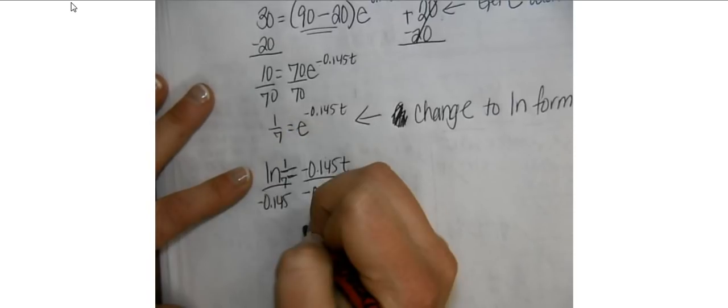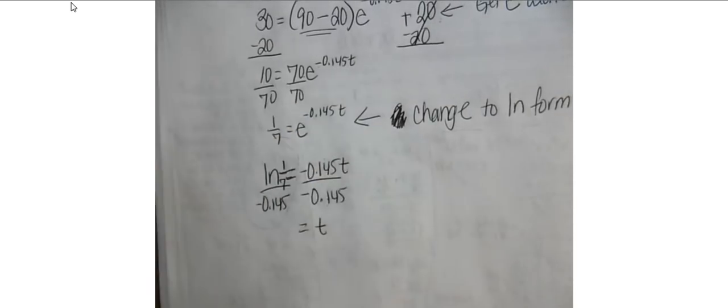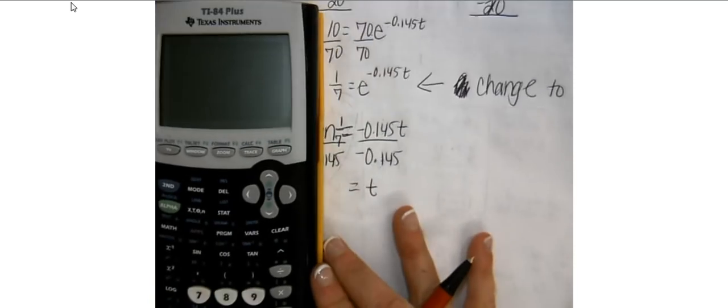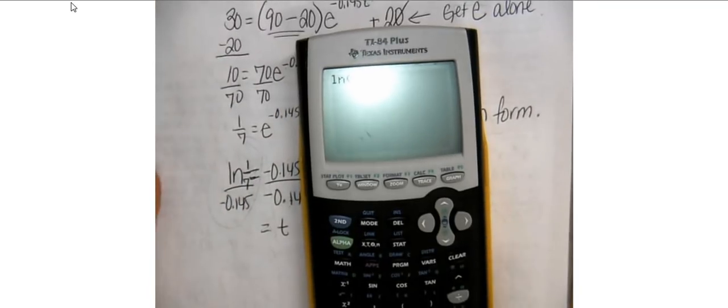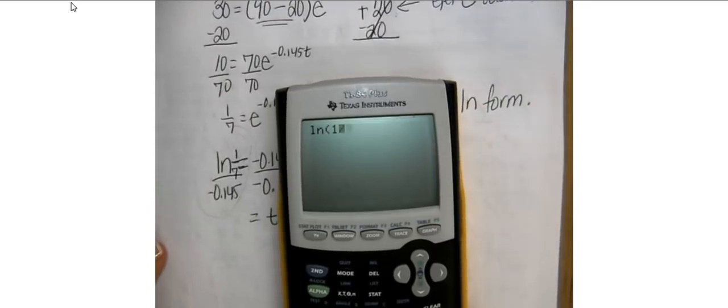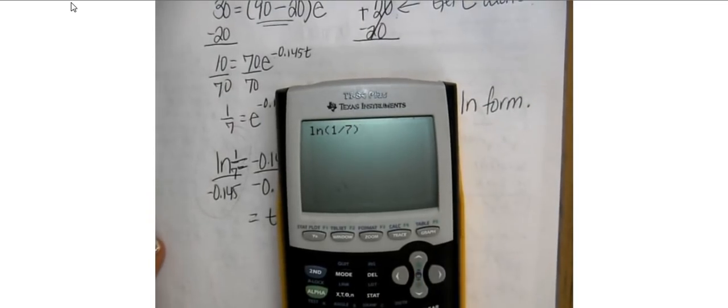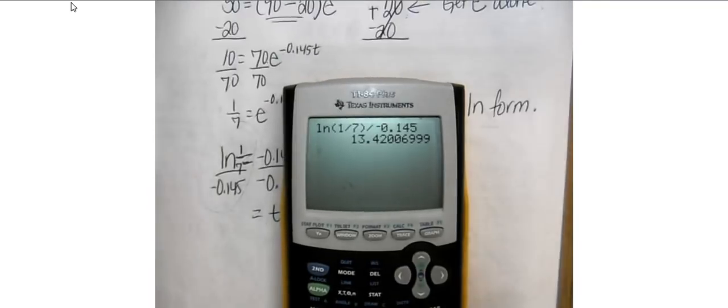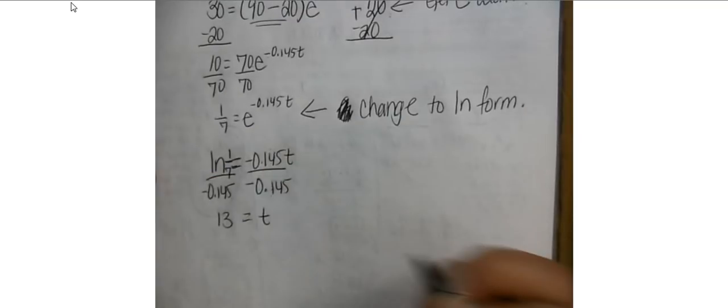And I'm going to put this expression into my calculator exactly as I see it. Be careful, make sure that you use your parentheses. I'm going to enter natural log of 1/7, so 1 divided by 7, close my parentheses, divided by negative 0.145, and press enter. I end up with approximately, rounding to the nearest minute, 13 minutes. So our time is going to be 13. So after 13 minutes,